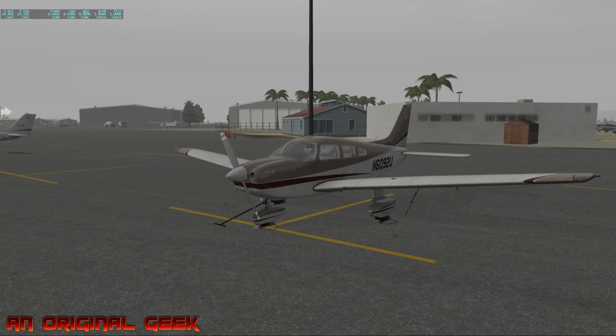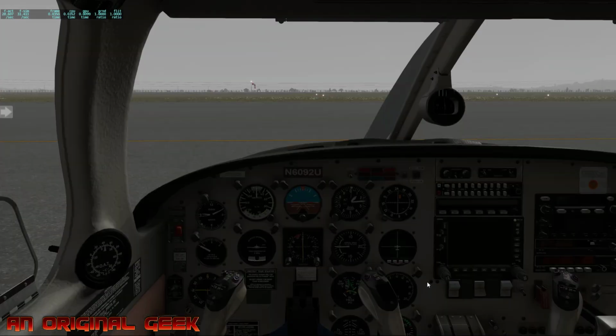We're at Murrieta French Valley Airport in Murrieta, California, and thought we'd jump in the plane. We'll see if we can't do a little scud running here. It's kind of cruddy outside. Ceilings, I think, are around 1,000 or something like that. We'll see. But I look out my window because I kind of live in the area, and there's a little sun starting to peek through, a broken layer. So we'll see if we can't take a quick hop here in the new Archer and give it a little